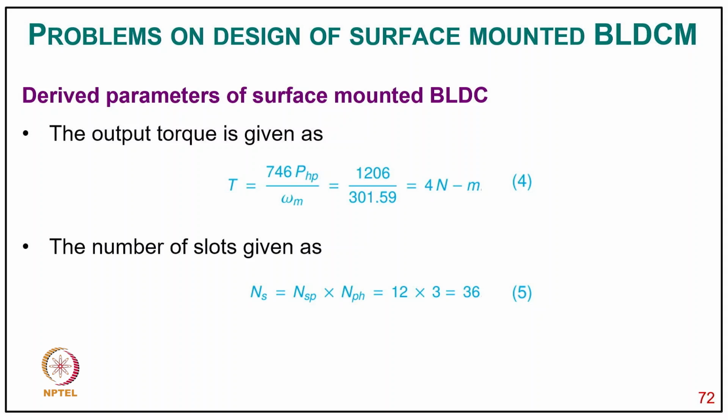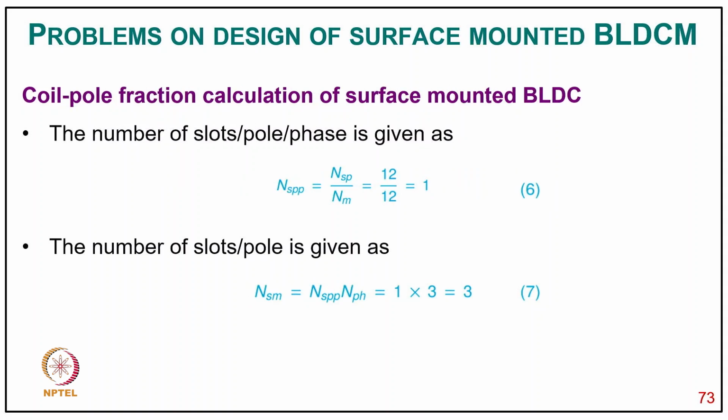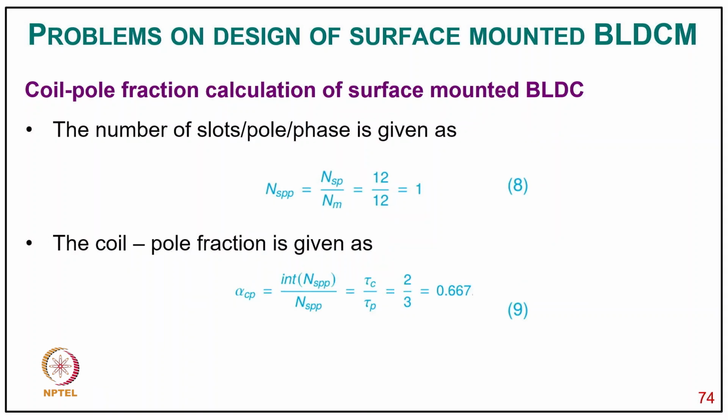The number of slots given is Ns equal to Nsp into Nsph, that comes to 36, and the number of slots per pole per phase is Nspp equal to Ns upon Nm, which is 1, and the number of slots per pole is given Nsp equal to Nspp into Nph equal to 1 into 3, that's 3, and the number of slots per pole per phase Nspp equal to Nsp upon Nsm, that is 12 by 12, 1, and the coil pole fraction is given alpha Cp equal to integer of Nspp divided by Nspp, that's tau C upon tau P, that is 2 by